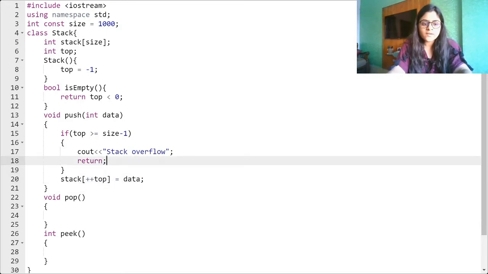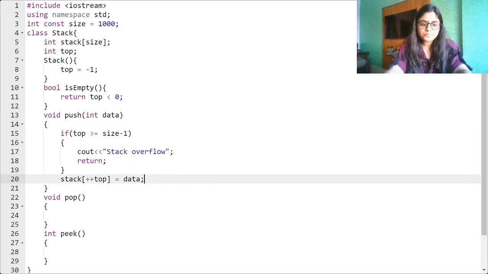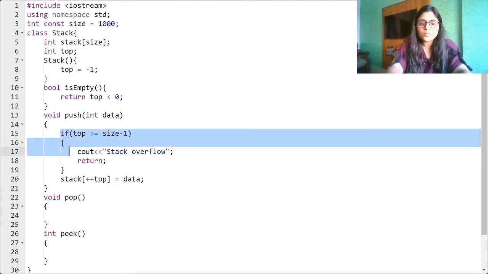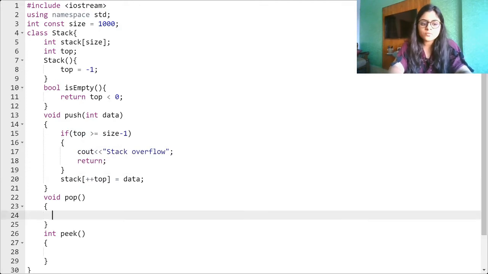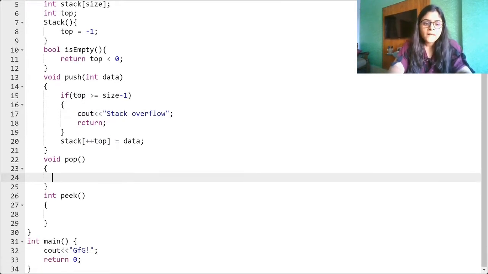Fine. So this is a very simple function. This is a condition that you need to understand, that why are we doing this, right? This is a stack overflow condition where we check if there is any more space left in the stack or not.